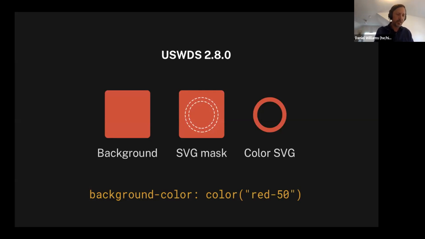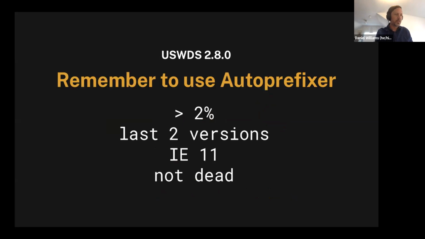Color SVGs will fall back to either white or black in IE 11, whichever has the appropriate contrast on the component's background. So while this isn't the most appropriate technique for every color SVG instance, we think it's promising and useful, and we'll be experimenting a bit more with it in the future. A consequence of this is